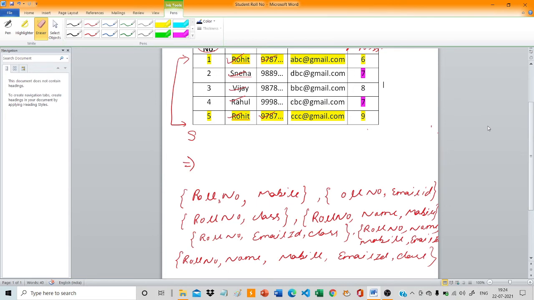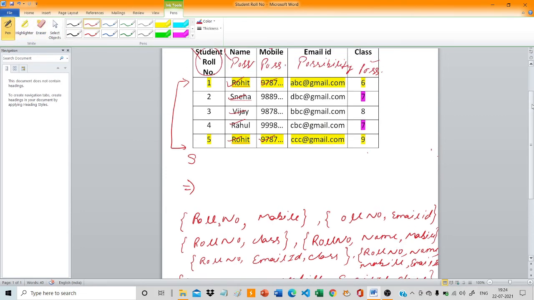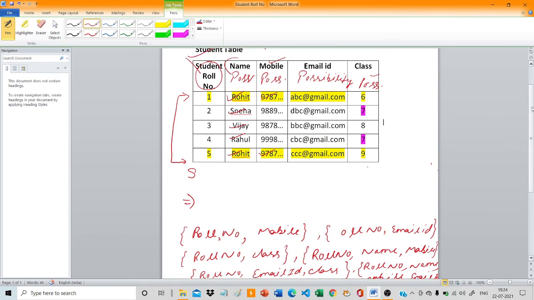Candidate key is an attribute or set of attributes which is uniquely identified. So in this table, any one of them from the super key you can make a candidate key, but it must uniquely identify. So roll number you can take as a candidate key.